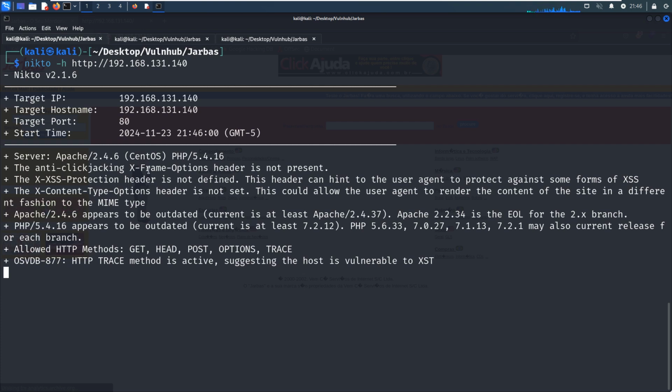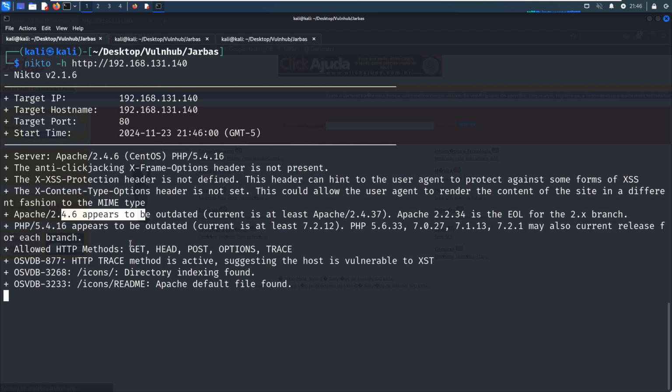Nikto can give us a lot of different types of information, like the headers, the vulnerabilities of the web server, and also the allowed HTTP methods. If the target allows dangerous methods such as PUT, then we can utilize this dangerous method to our advantage, for example, upload a malicious file to the target.